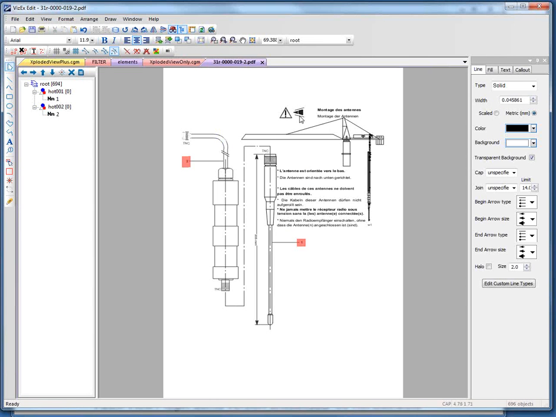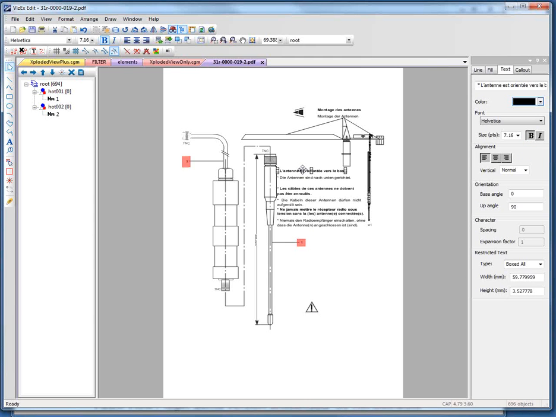All that stuff now is editable, so we could edit it, or in that case we may want to reposition it more appropriately. So it's all vector data, editable. Even the text is text, and I see that's in French, so we may want to turn that into English for our purposes. So that is the ability to extract a particular page from PDF and turn it into a CGM graphic quickly and easily. Now, along those same lines,